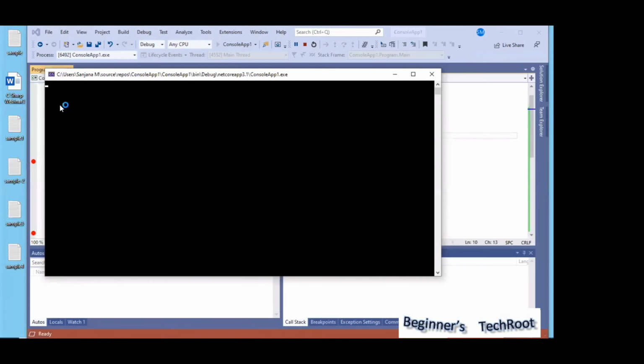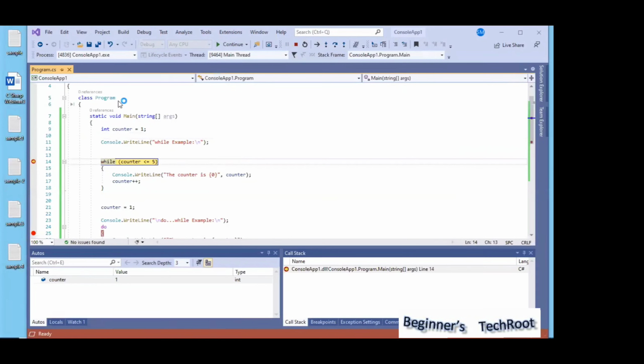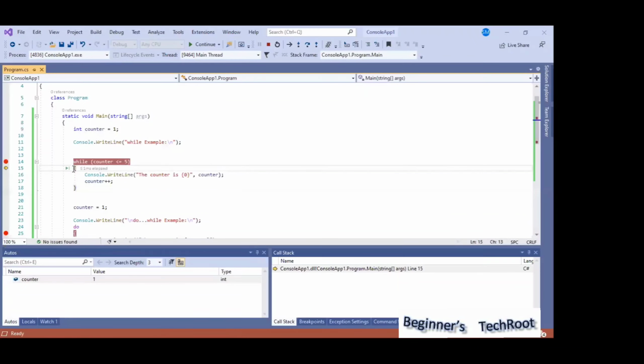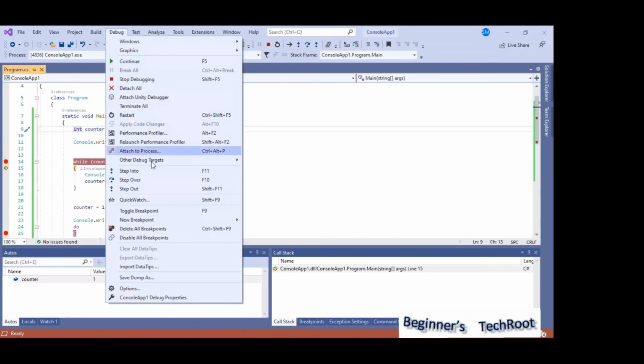Okay, so it's executing, and then see the execution pointer stopped here because we have put a breakpoint here. Earlier it executed continuously. As we discussed earlier, the main method is the starting point, so it started from here and executes line by line in sequence. Now after completion of this, the condition is satisfied, so it is coming here. If you want to go one more line, again you can do step into.